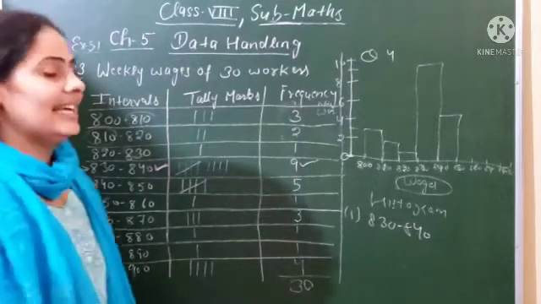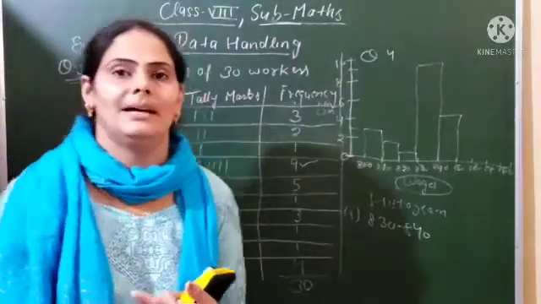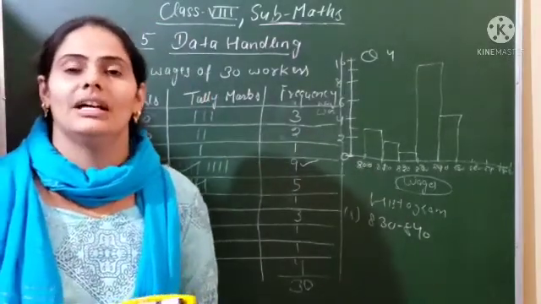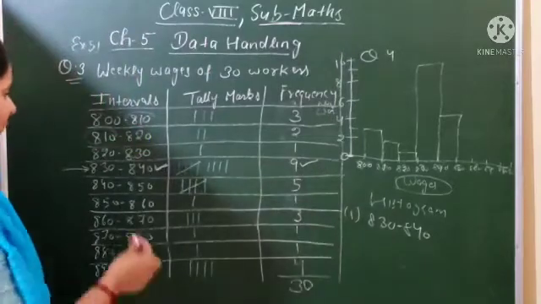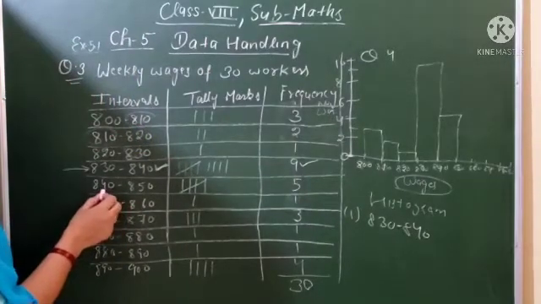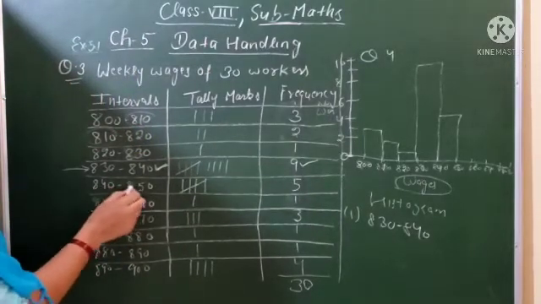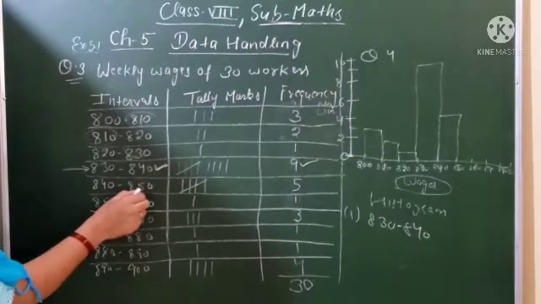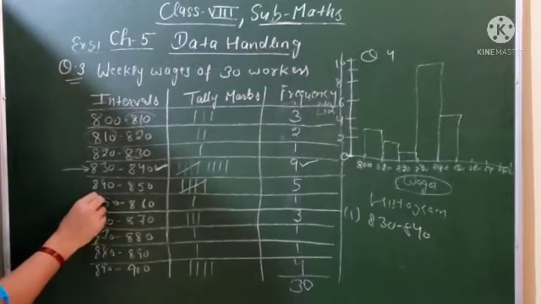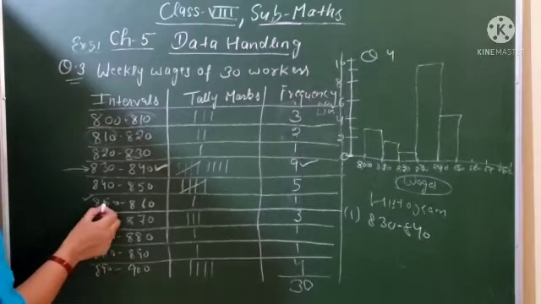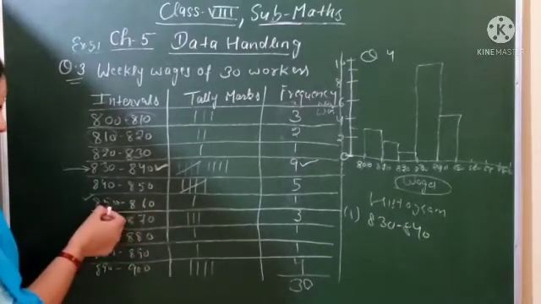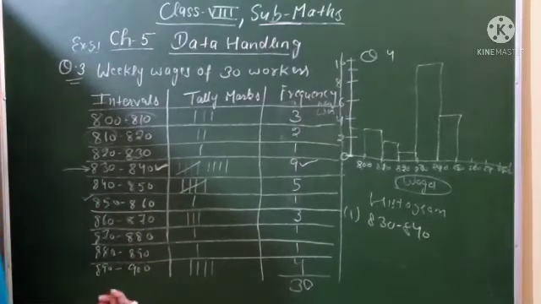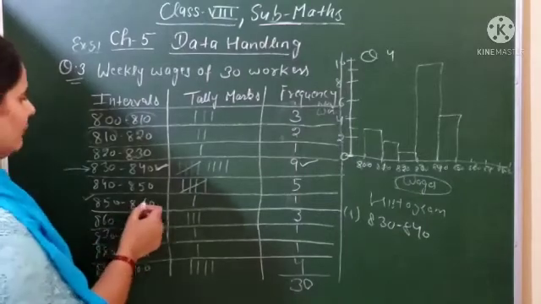कितने ऐसे वर्कर्स हैं जो 850 और उससे ज्यादा रुपए कमाते हैं? मतलब 850 भी आपको इंक्लूड करना है और उससे ज्यादा वाले. तो बेटा, 850 मैंने बताया था, if you are taking the interval 840 to 850, it means it will lie between 840 to 849 only. 850 you will start from here. So 850 and more than 850. 850 यहाँ से start है, उससे आगे वाले सारे क्या होंगे? More than 850. So it means 850 to 860.